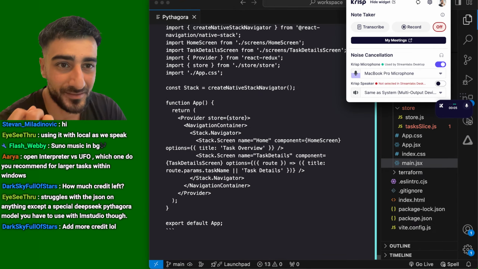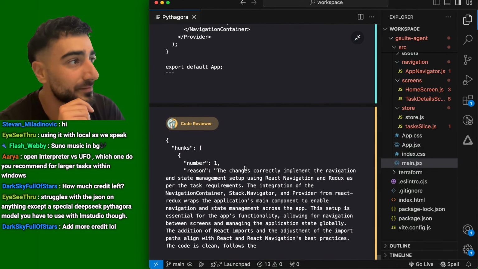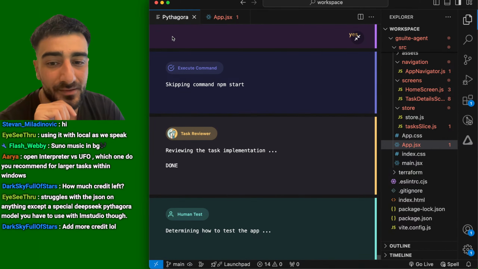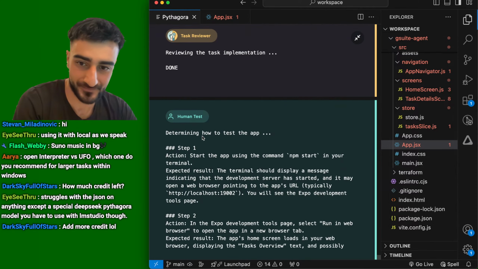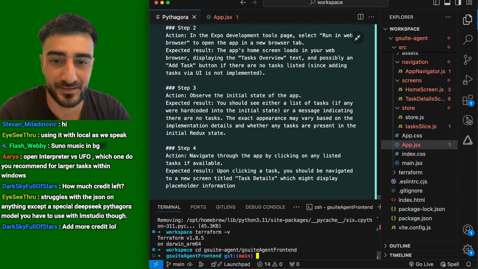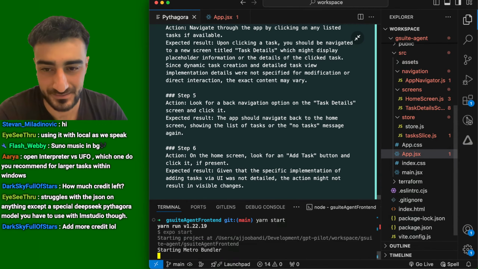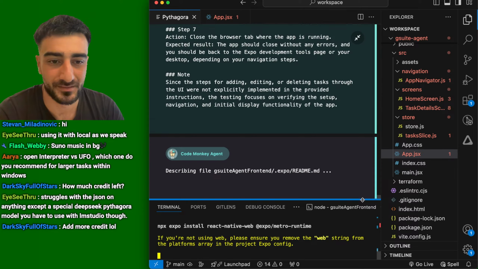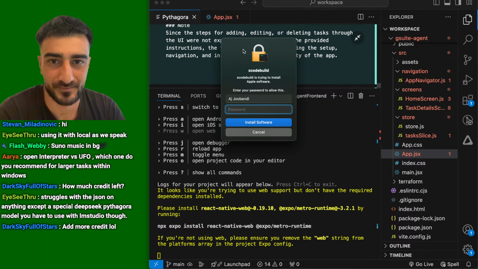Why did this come out of nowhere? Okay. It wants me to test the app. Let's do it. G Suite agent, G Suite front end, yarn start. Let's see. Oh, it's doing it. W for web. Oh, I need Metro time. We also need